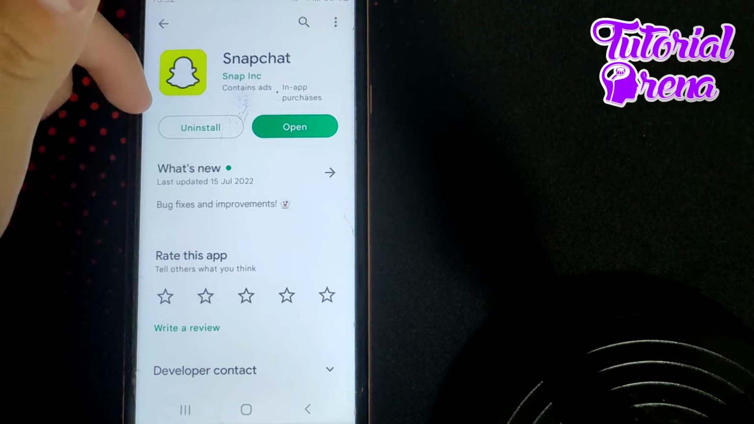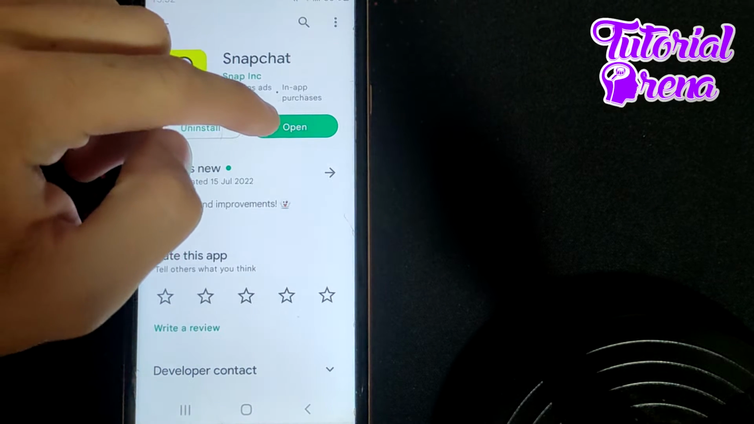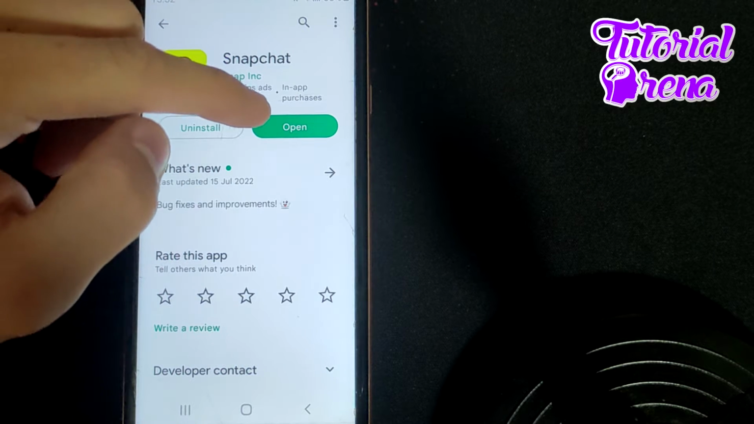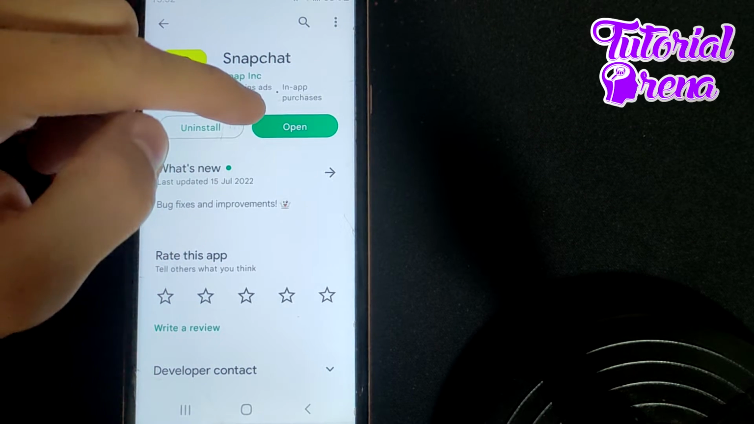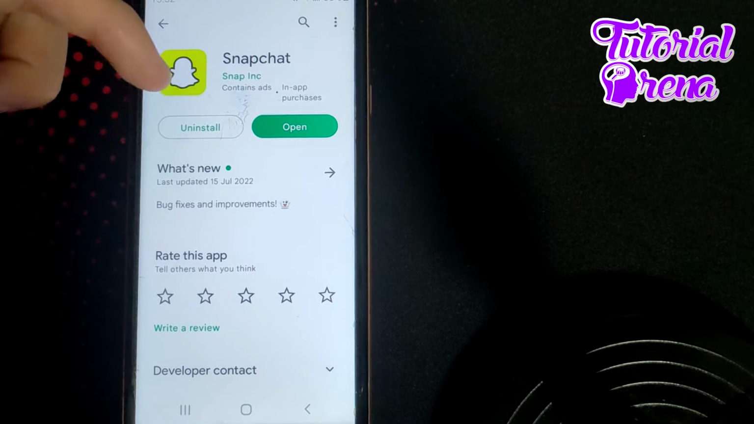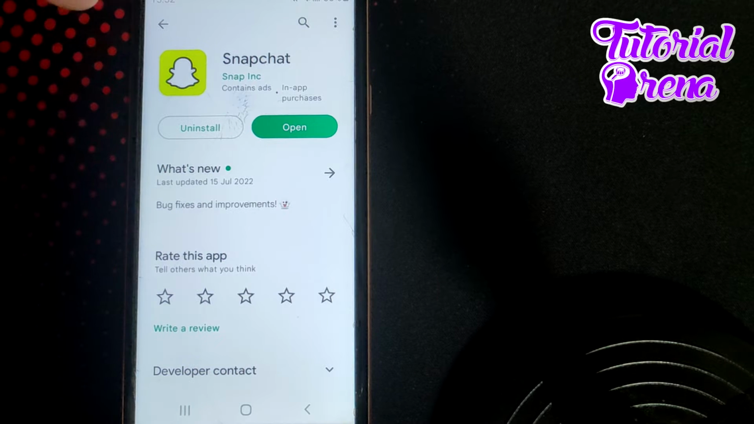have the latest version of Snapchat. That means that you need to check the update section. If you don't have it, you need to just simply tap right here. But as you can see, I have the open option. But if you don't have the latest version, you're going to be able to tap on update right here. Then you'll need to wait for it to get verified by Play Protect and get the latest version